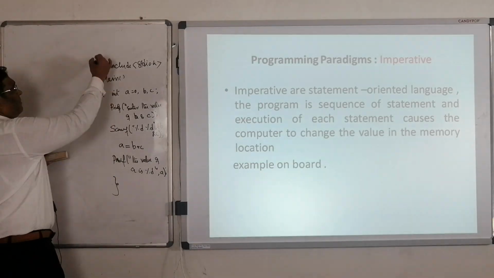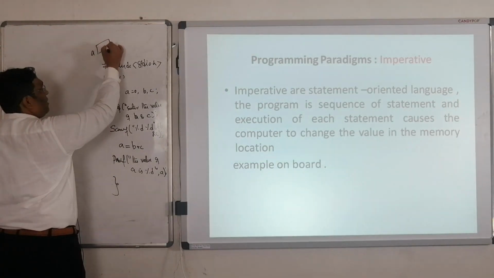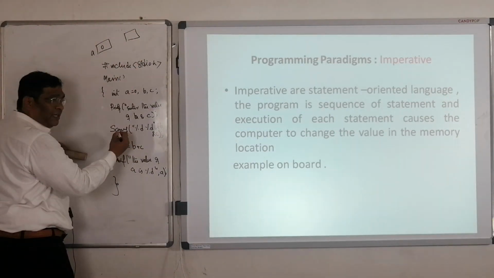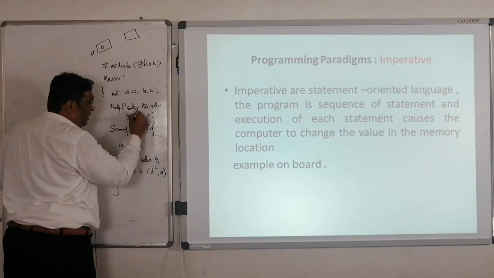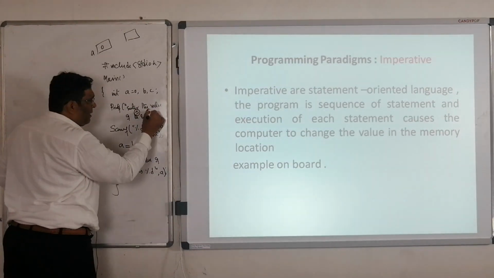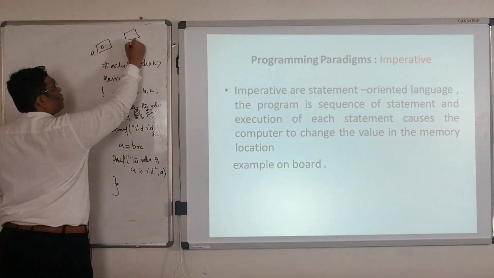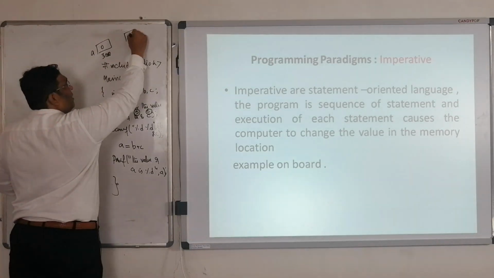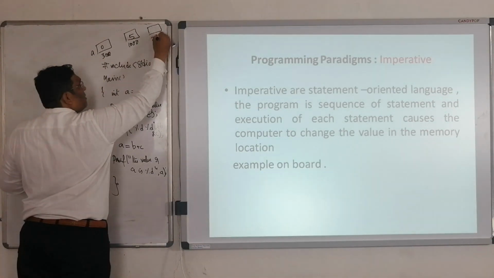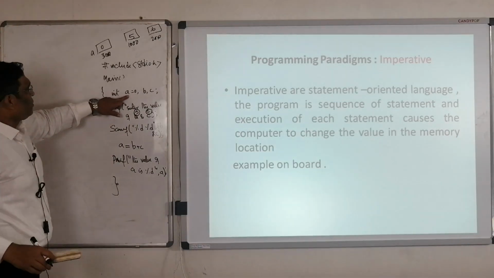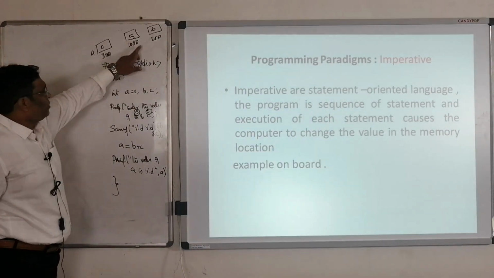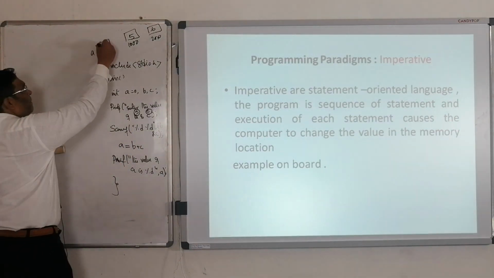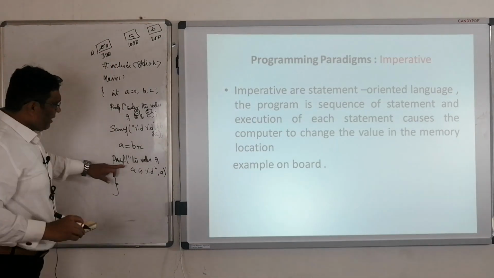What happened now? Let's take an example. A is stored at so and so location with value 0. B is stored at so and so location with whatever value. Let's take an example. We have given the b value as 5 and c value as 6. B is stored somewhere, let's take for example location 1000. We'll take a at 3000. It is stored at location 5. C is at location 2000 and value is 6. So when A is stored at 3000 with 0, we enter the value of B and C, and we have stored them. Scanf %d. Now what happened? After executing this line, A becomes what? 11. Printf, the value of a.